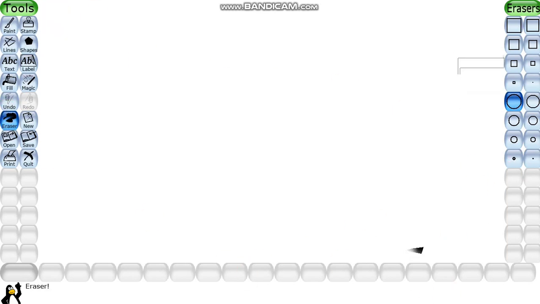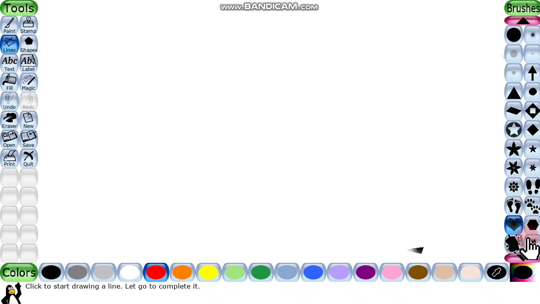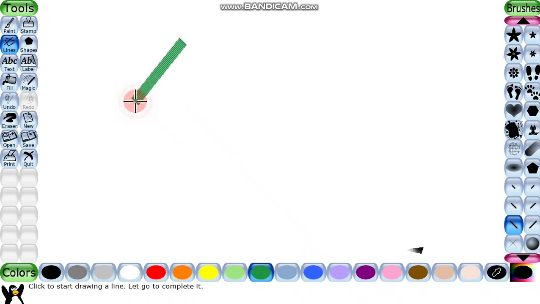So this is Tux Paint. Now let us take line tool and let us come here and see what are the options present. Like here we have different lines. We can draw lines from here we will choose this, है ना. We will choose this one and we will choose any of the desired color. Like I am choosing here green color. So for making a line, है ना. So like this we can make a line.